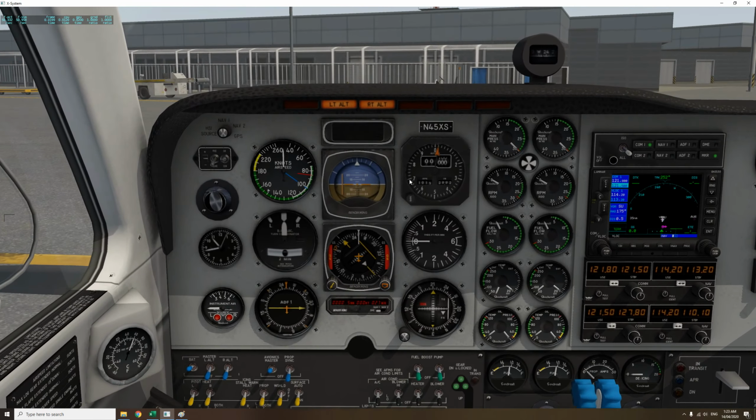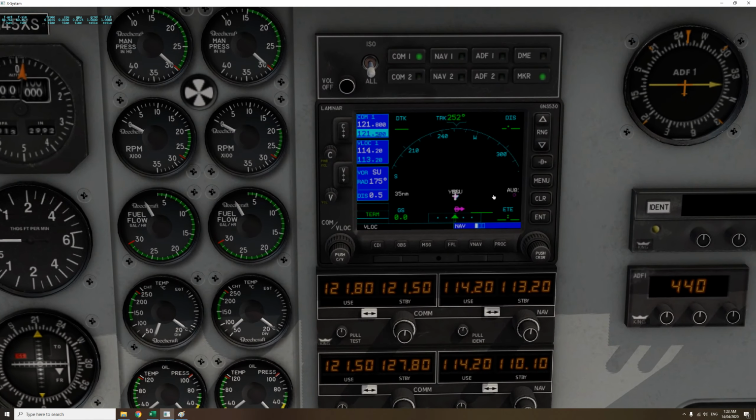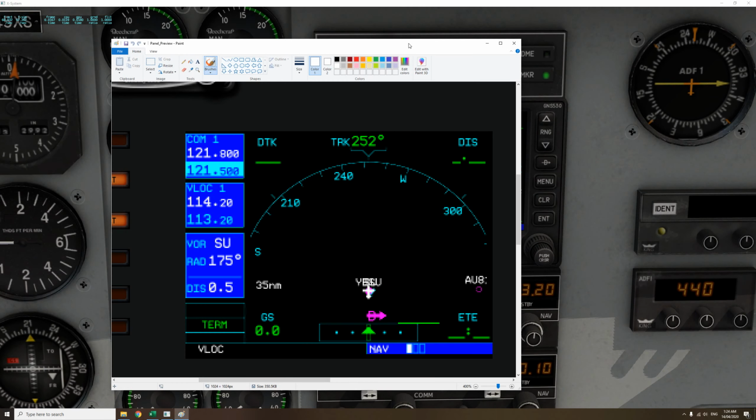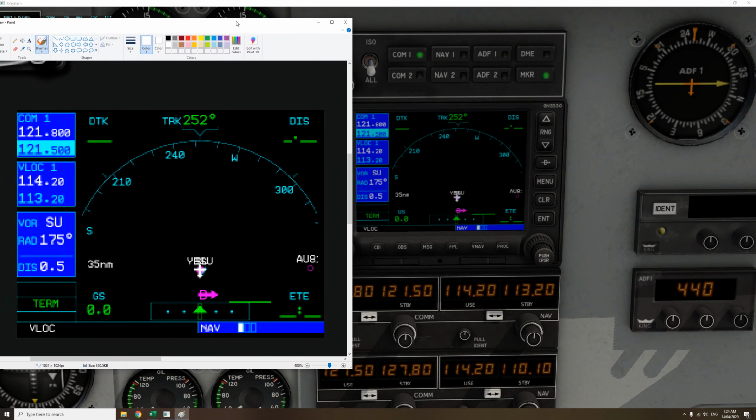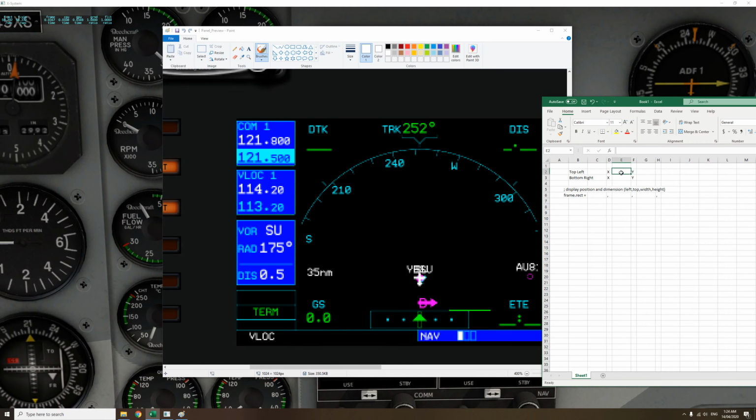So before we go taking those points, just going to have a quick look at what we've captured versus what we can see. So it looks like up the top that's pretty accurate. Down the bottom here there's not very much black at all, whereas down here we've got a lot. So we're just going to have to adjust that slightly in the numbers that we're going to take. So the top left position is the first one we want, so I'm just going to position the cursor in the top left pixel, which is probably that one,